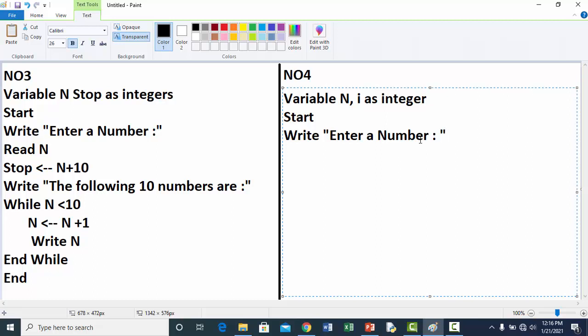We are going to read n, and then write enter the following 10 numbers are